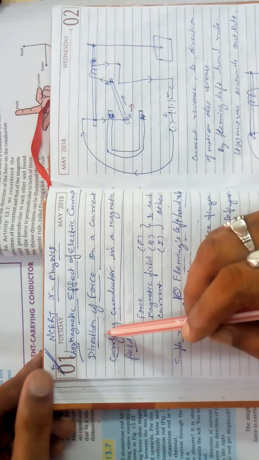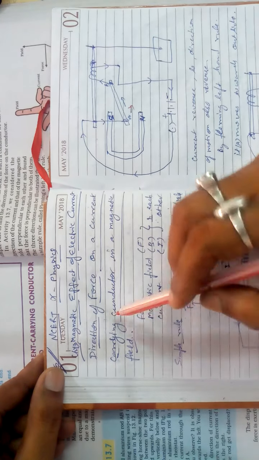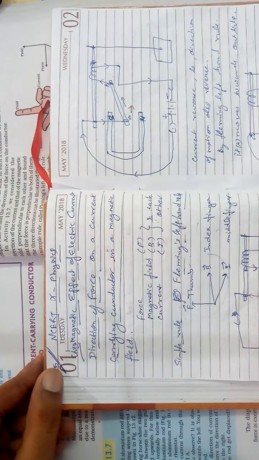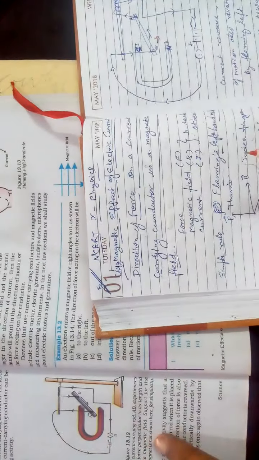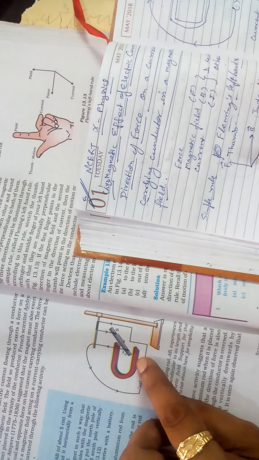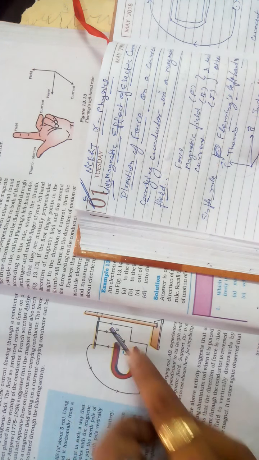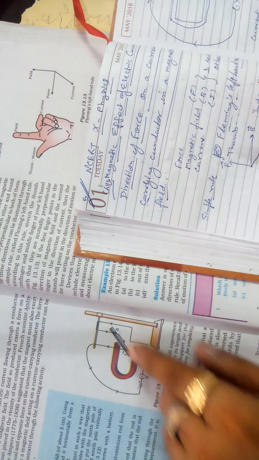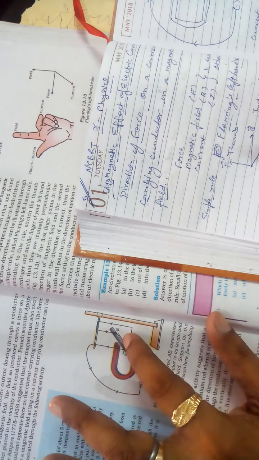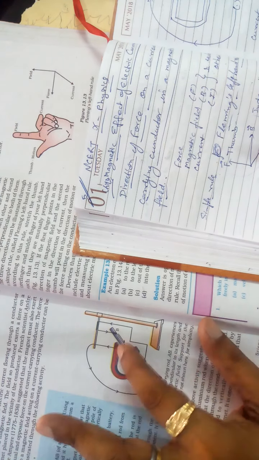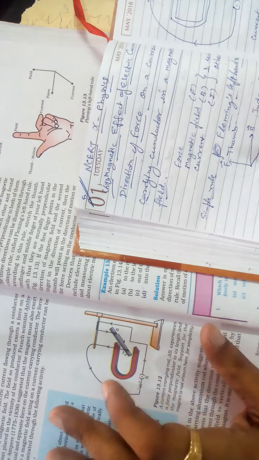So in this lecture you will find the method of getting the direction of the force acting on a current carrying conductor kept in a magnetic field. Like this we have finished here. In this you have seen if the horseshoe magnet is there and a conductor is there, there is a force acting on it because it is an electromagnet and it is a magnet. So in which direction this force is acting, there is a very important rule: